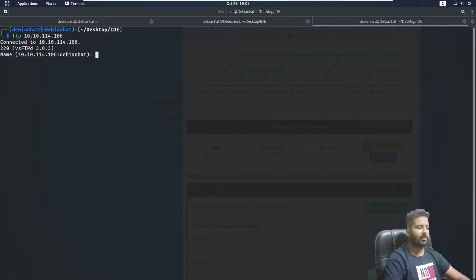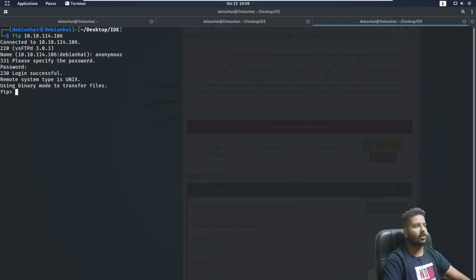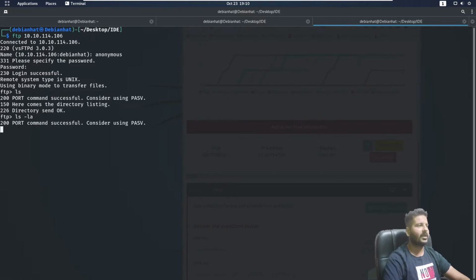Now let's give the name anonymous, and the same is the password. We have successfully been logged in as an anonymous user, because the user anonymous has the password anonymous too. So there we are in the box. Let's try to list something that we can find right there.